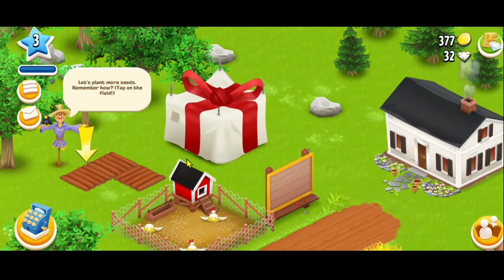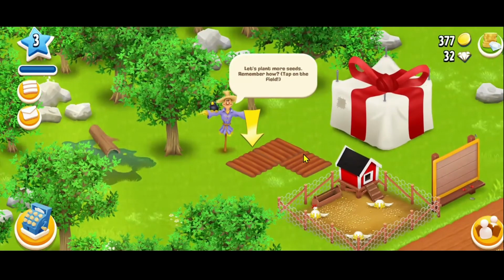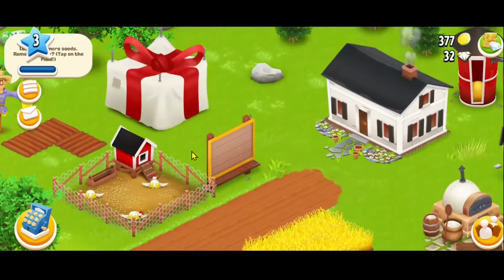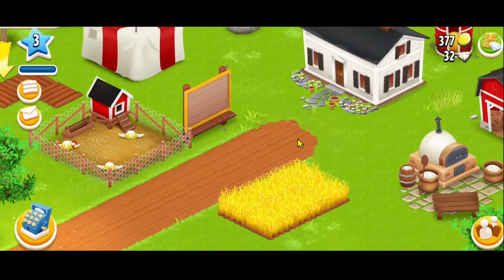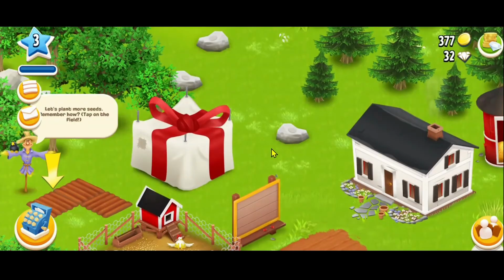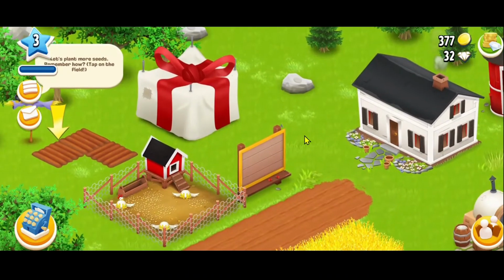Now first of all, open up the Heyday game on your device, and once it is opened up, you will be taken through the basic tutorials within the game. After you complete the basic tutorials and you are able to move throughout the game on your own,